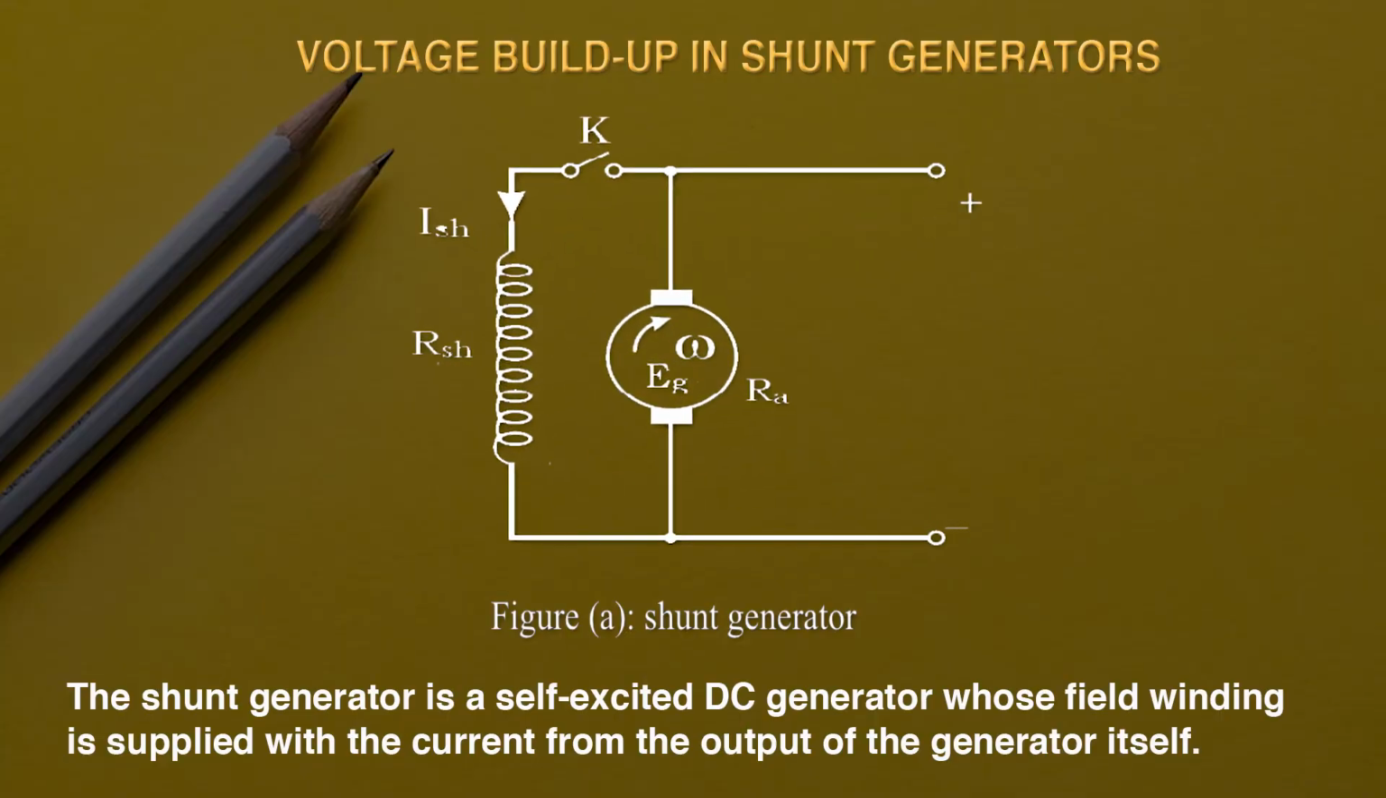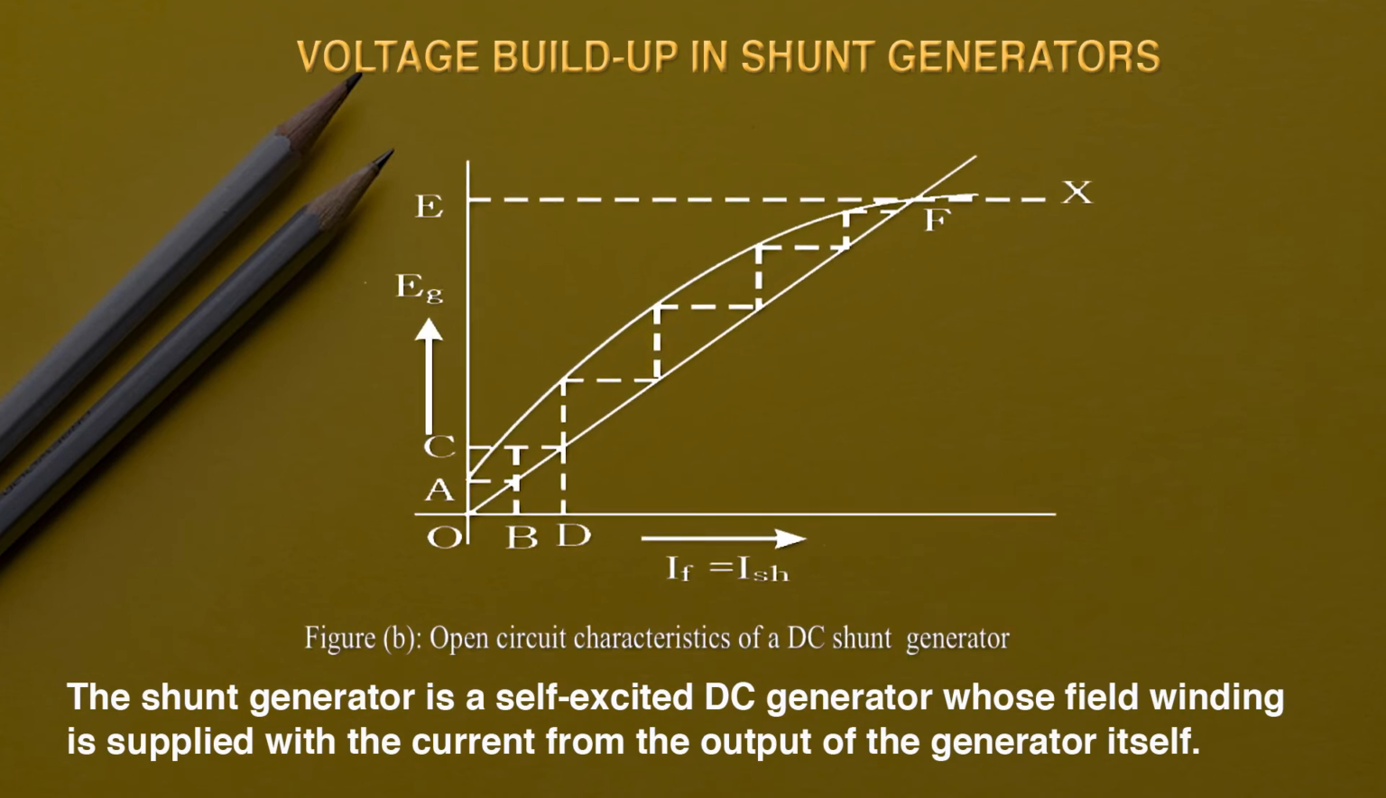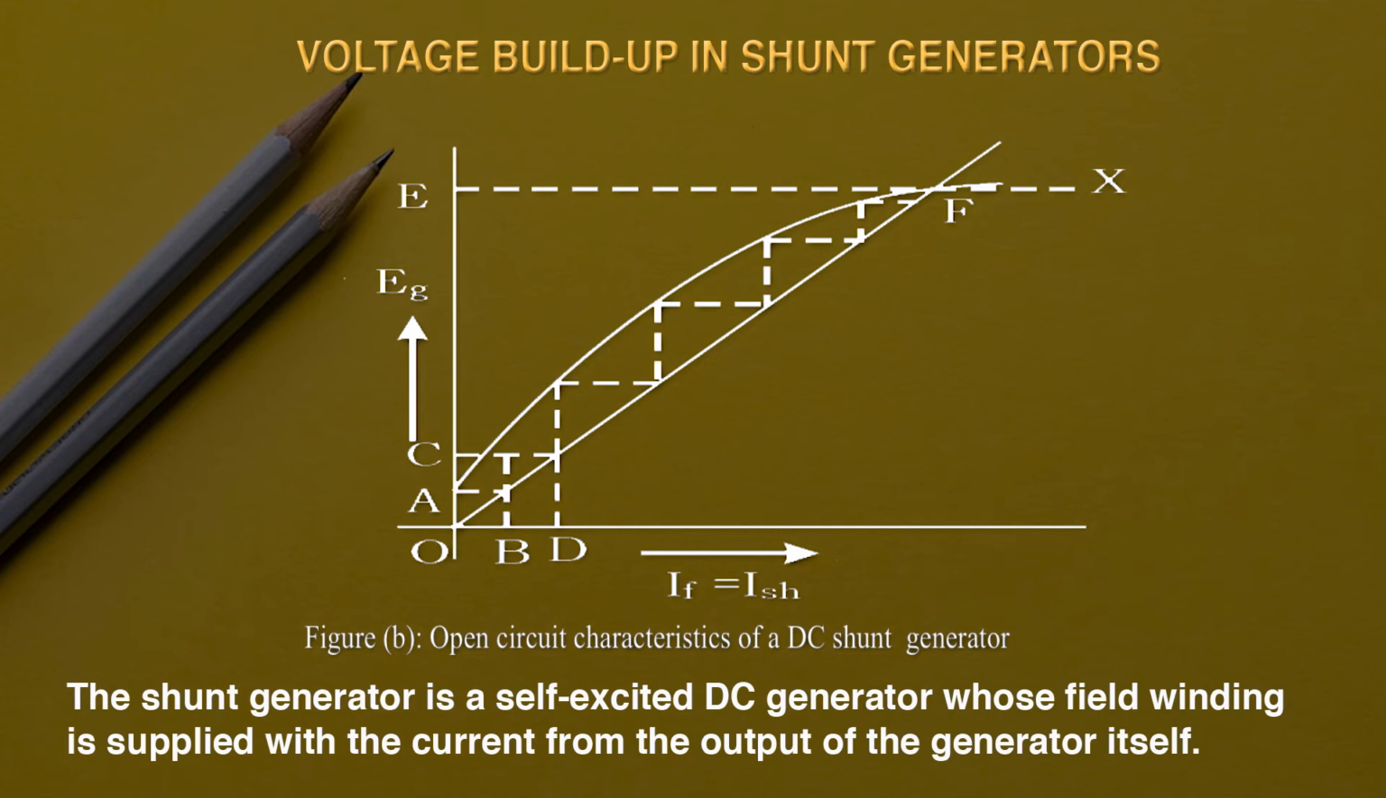So here you can see in the figure that in the shunt generator, the shunt field winding is connected across the terminal. In the shunt field winding resistance, the current flowing is Ish, and this armature is producing the voltage Eg, moving with angular velocity omega, and the armature resistance can be considered as Ra. Here you can notice that one switch, represented by capital K, is connected between field winding and armature. And this second figure, figure B, shows the open circuit characteristic of DC shunt